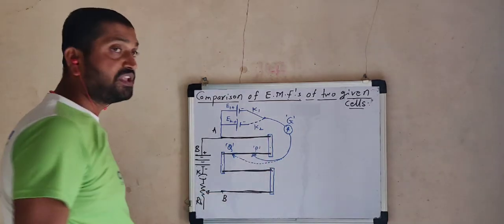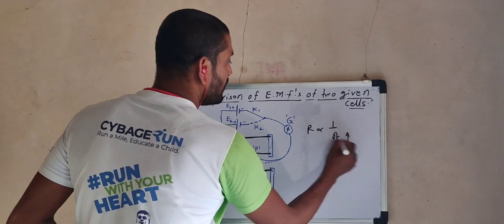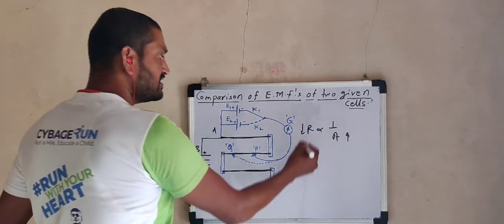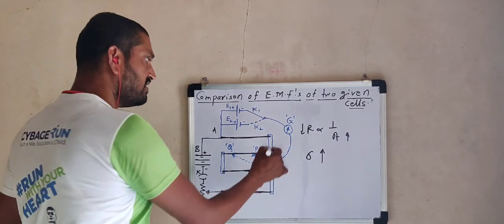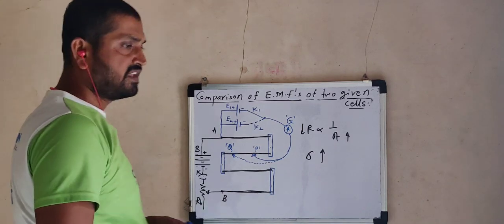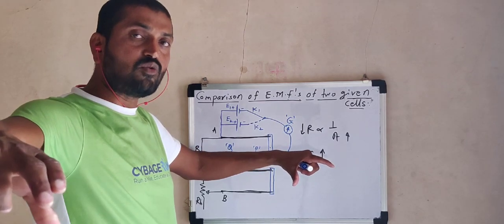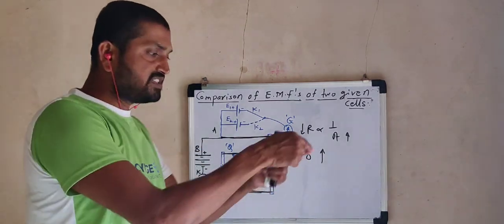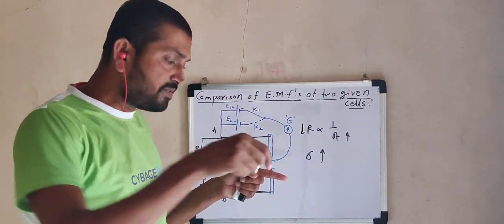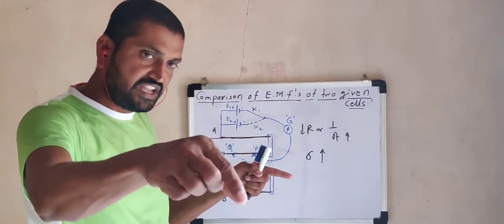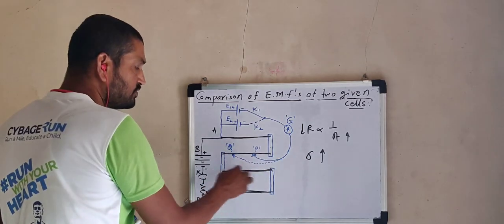As these copper strips are made thick, thick means area increases. Area increases, and we know that resistance is inversely proportional to area, therefore resistance decreases. As resistance decreases, conductivity sigma is very high. So just to increase conductivity, these very thick copper strips are used. Actually in construction there is a rectangular wooden plate, and on this plate there are four copper wires, 1 meter, then this 1 meter, 1 meter, 1 meter. Here the first L copper strip, second L strip, first linear copper strip, second linear copper strip, and this third linear copper strip. So these are the copper strips shown in this figure.